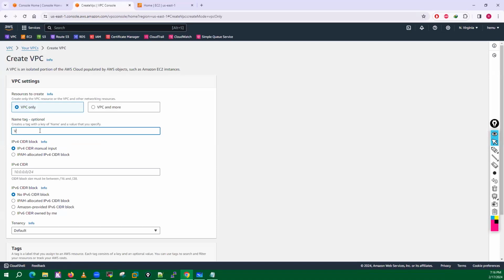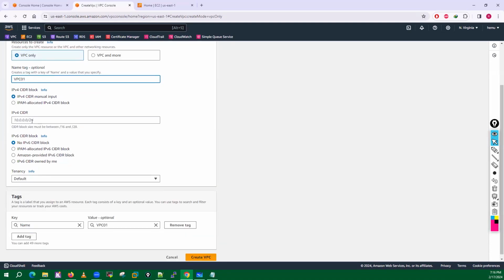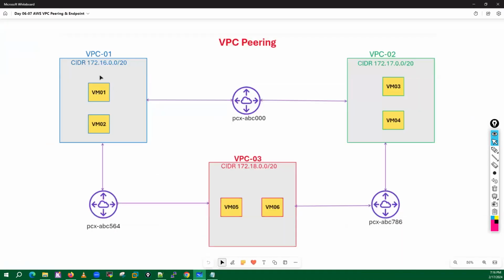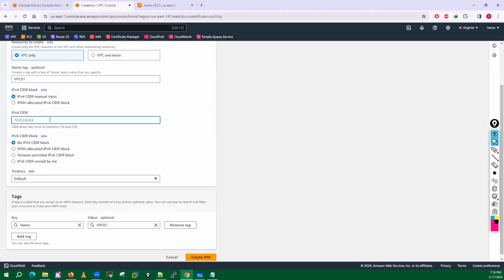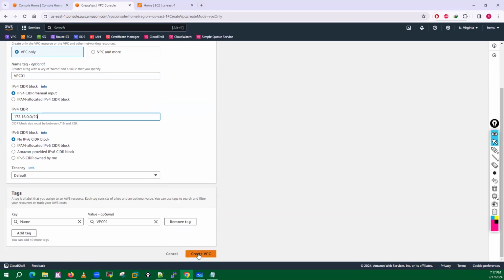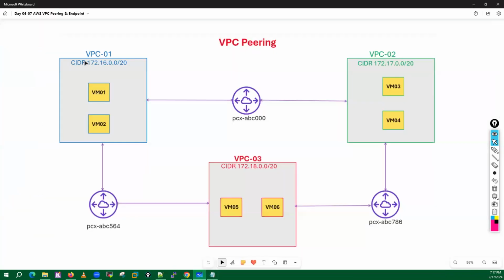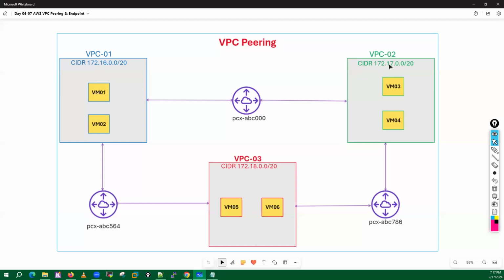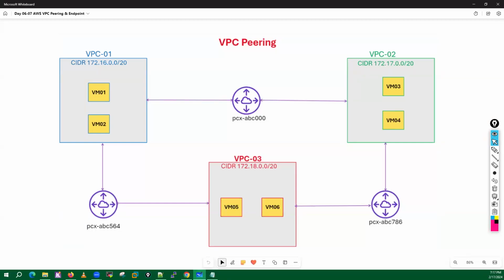I want to create VPC 01, the first VPC, and I will use the CIDR 172.16.0.0/20. The first VPC is created. I will create the second with a /17 and the third with an /18 CIDR.